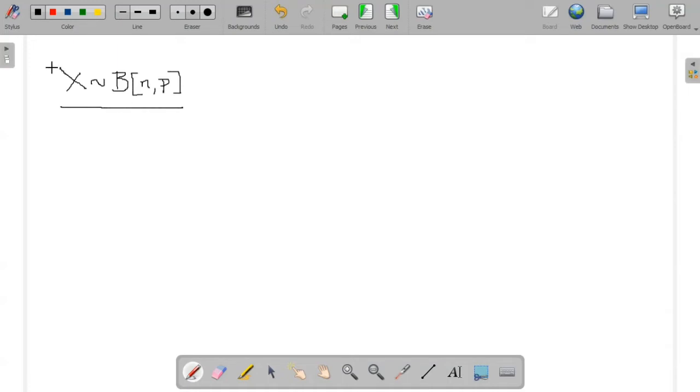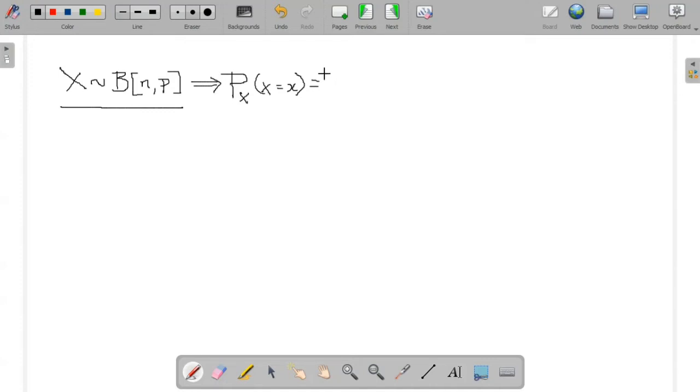By giving this in the question, the examiner wants to say that the PMF of X, where capital X is the random variable and small x is the sample value of capital X,